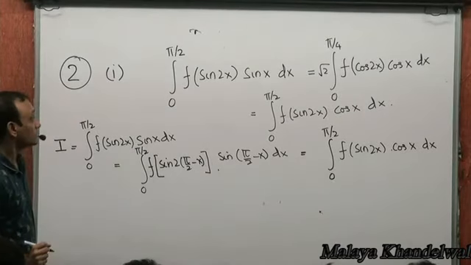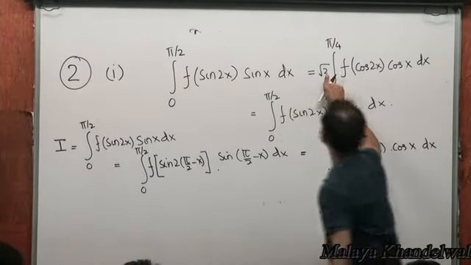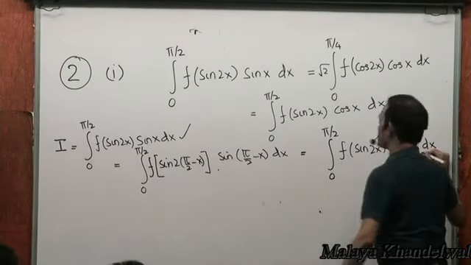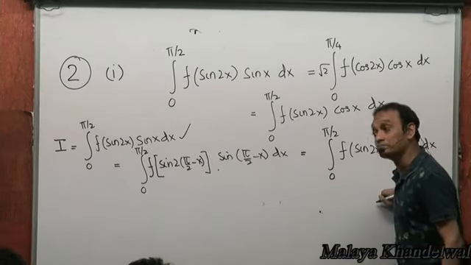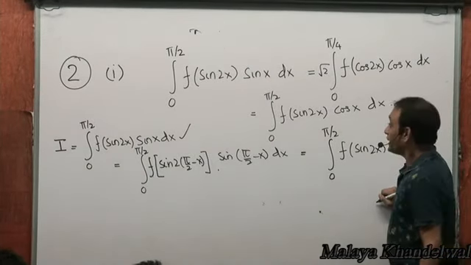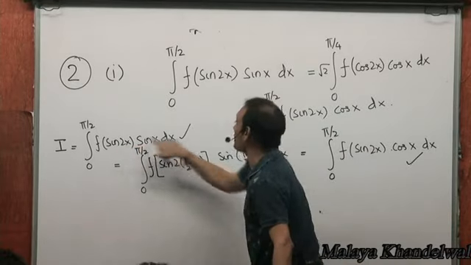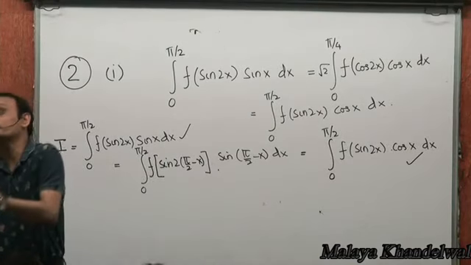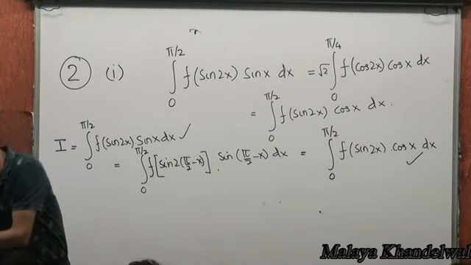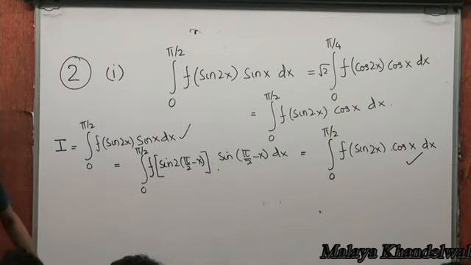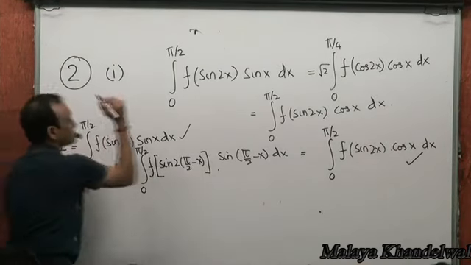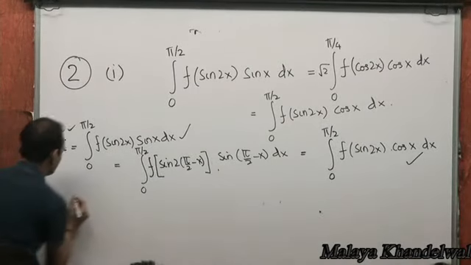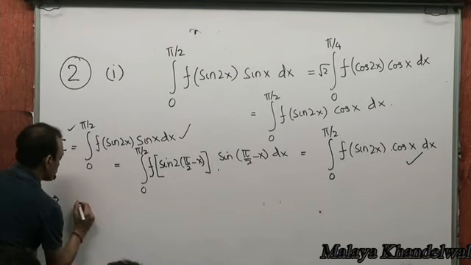Now, we have to bring in a root 2. So if this is equal to this, then each will be equal to half their sum, right? In which case, f of sine 2x will be taken common, and sine x plus cos x can be written as root 2 sine x plus pi by 4, or could be written as root 2 cos of x minus pi by 4, one way or the other, right? So if this is equal to this, then each will be half their sum. So each is